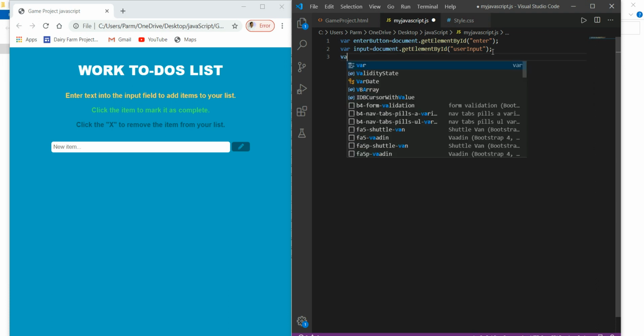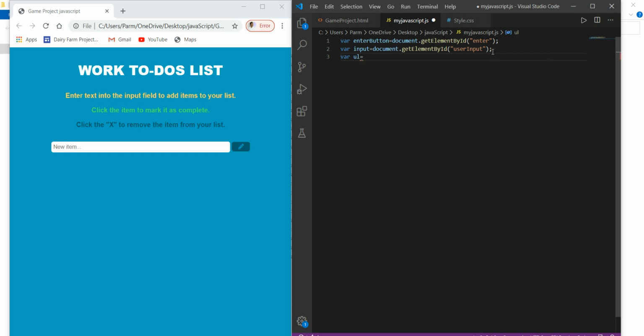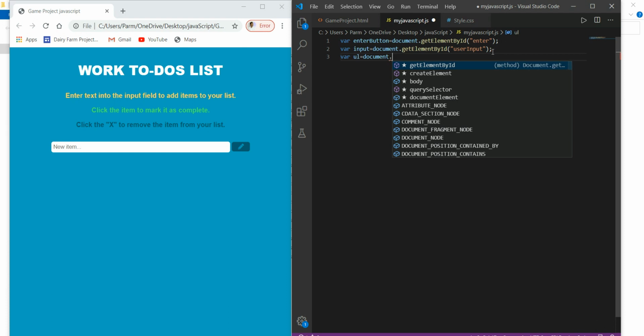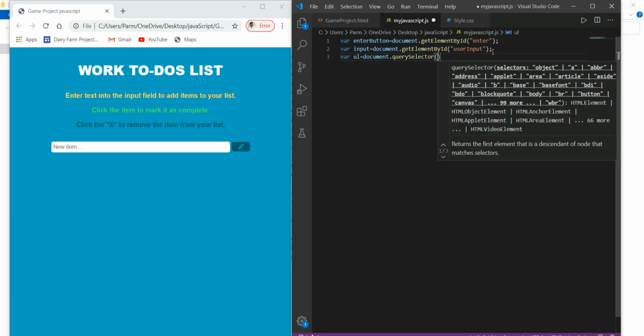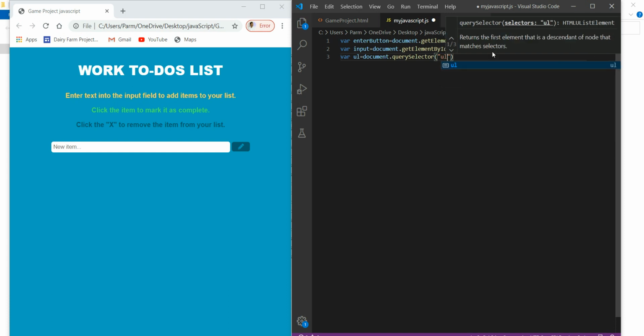So variable ul here we take, and here we go with document dot, this time we are using querySelector, and here we have to give the name of the element that we want to use over here. So ul element to create the unordered list.